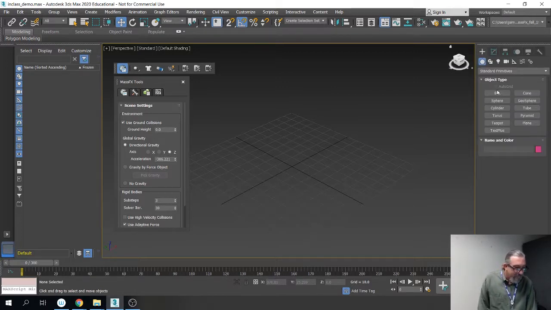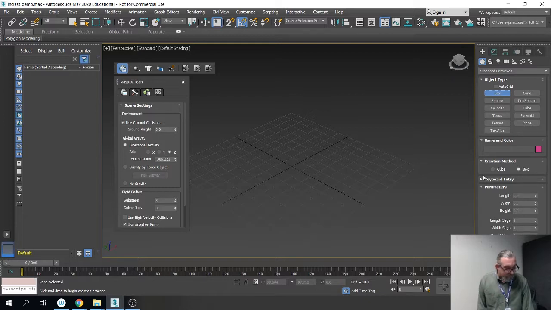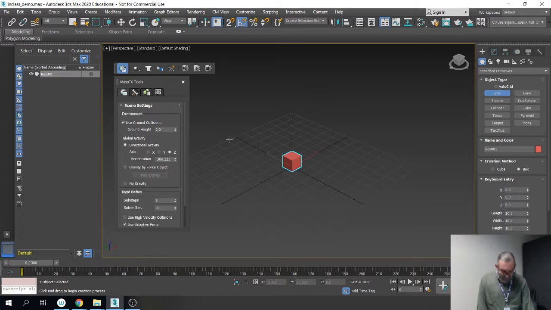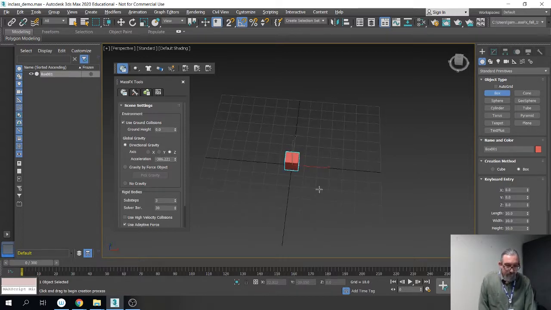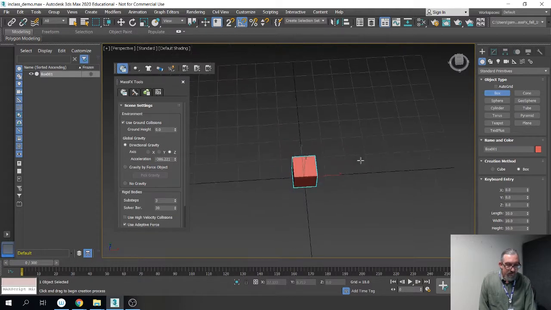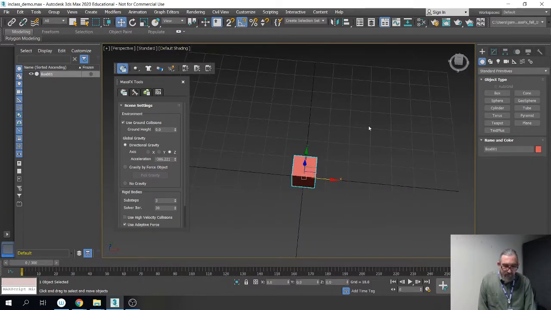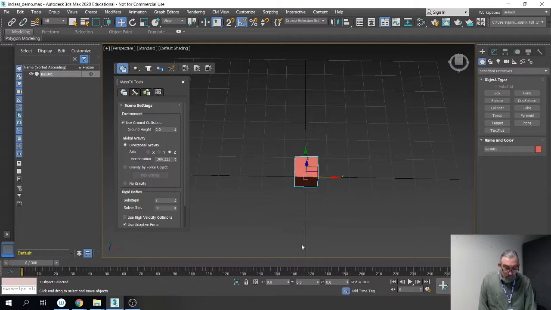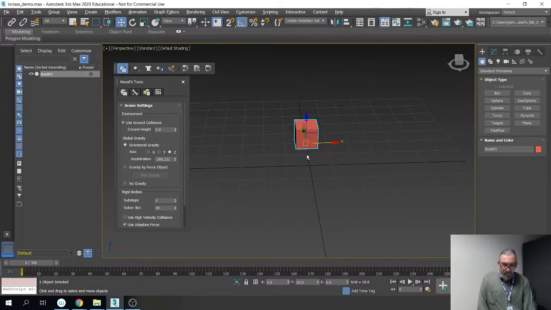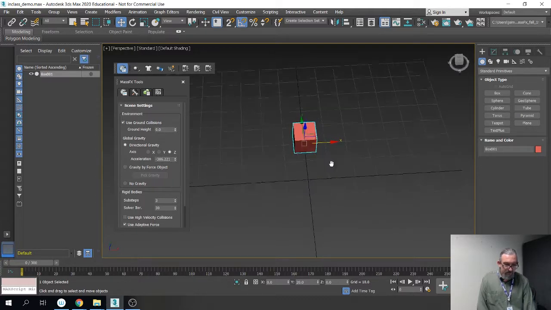All right. So we're going to start off with the box again. I'm going to make the simplest little tower that I can. But we're going to go 10 by 10 by 10 as our first box. And then I am going to move it on the y-axis. I'm going to move it out to 20 units out. Okay, so I'm at 0 on the other two, on the X and the Z, but I moved it 20